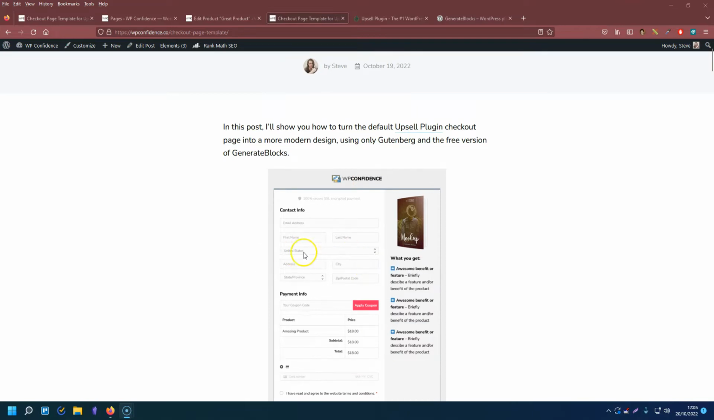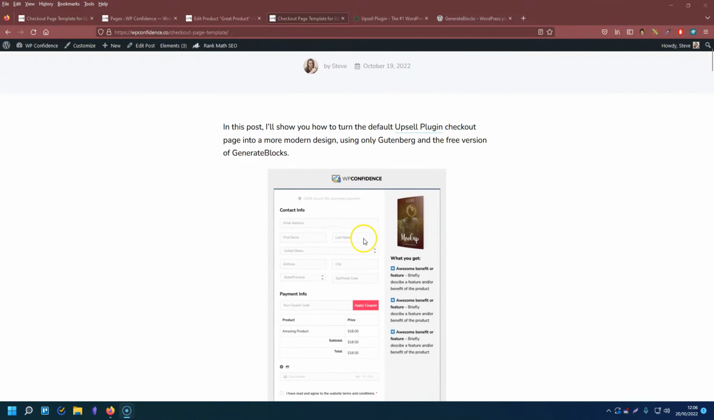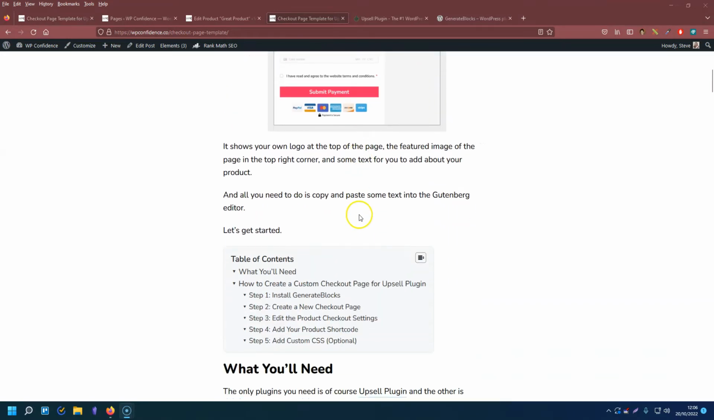I recently posted in the Upsell plugin Facebook group that I want to start creating some templates for the checkout pages, and asked you guys to see if you were interested, and I got some responses. So this is the article that I created that shows you how to do it, and basically all you need to do